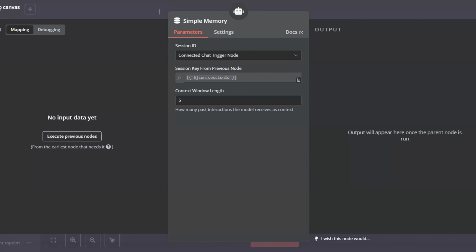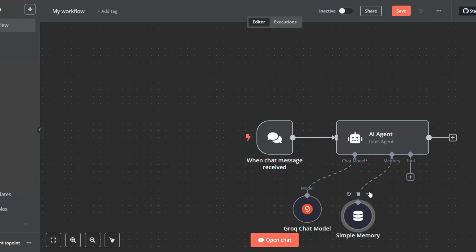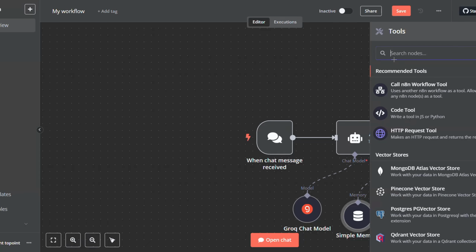Now, it will be auto-configured so you don't have to touch anything here, unless you want to adjust the context window length. I will be leaving it by default. And now, we will be configuring the tool. Now, for the tool part, as we said, we will be providing our AI agent with the MCP server as a list of tools. So, click on Add Tool, look for MCP Client,